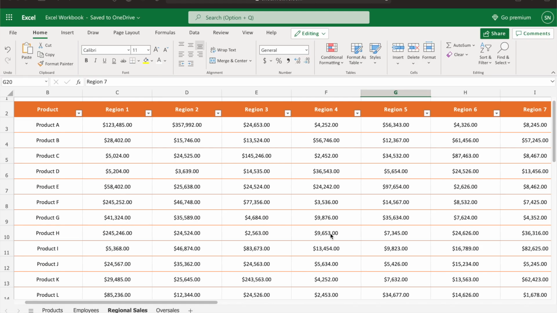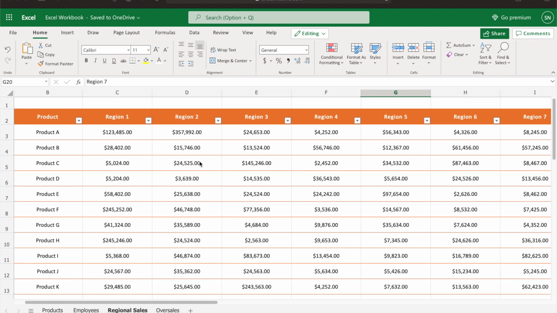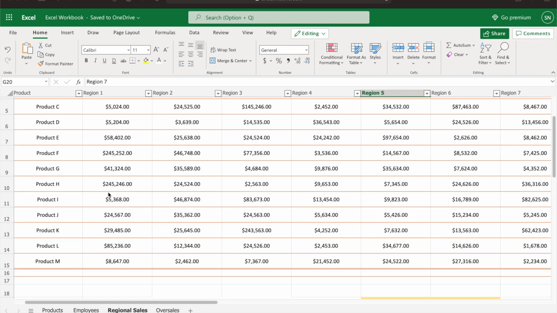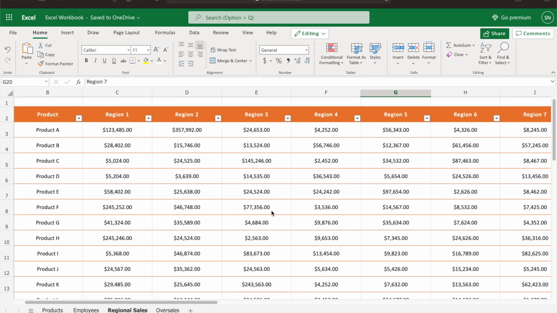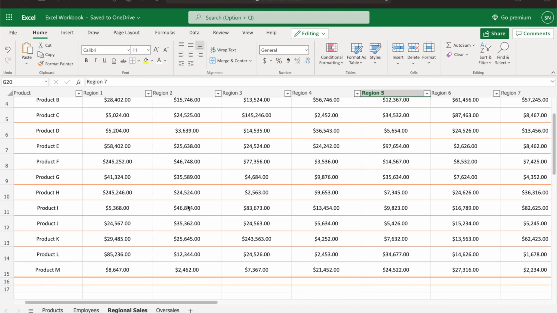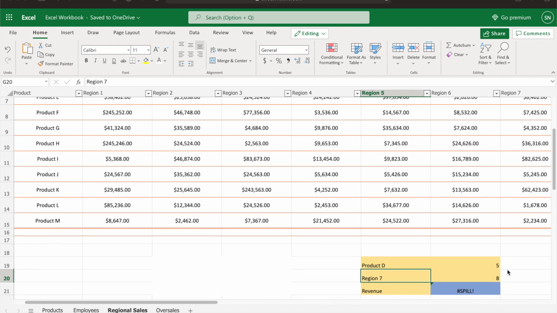Alright, next I'm going to create a tool to quickly find data in a large set of numbers. Here I have how well the products sold in each region, regions 1 to 7 and products A through M. So let's say I want to find out where a certain product is in the spreadsheet. So products are on rows, so we're going to use match to figure this out. You can think of it as kind of as longitude, because we're searching up and down to find which row